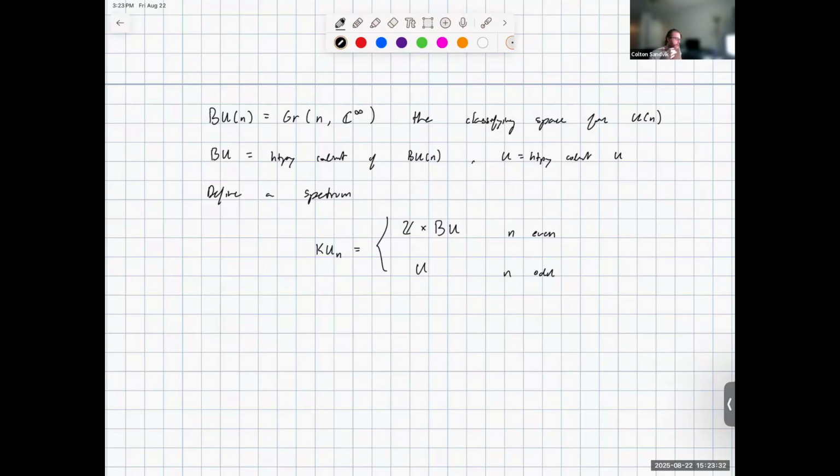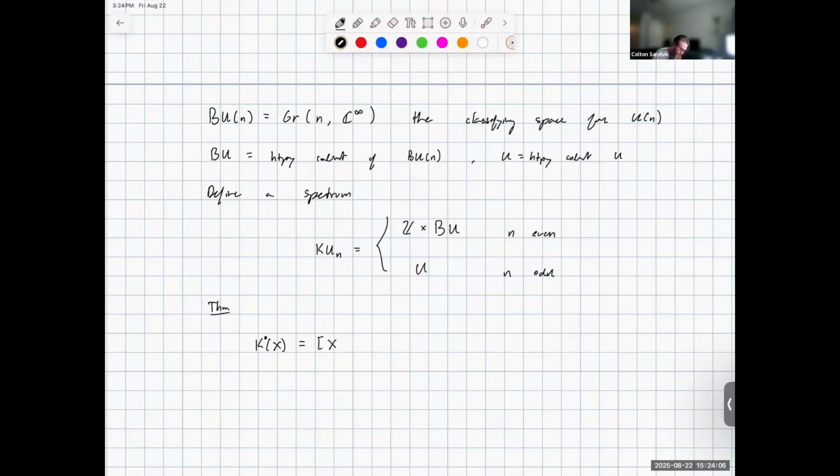And when n is odd, we should expect there to be some degenerate behavior. Well, not degenerate, but we should have Bott periodicity for topological K theory. So the theorem, which I'm just going to say for arbitrary K theory, and if you plug in zero, you get the degree zero part that I wrote earlier.